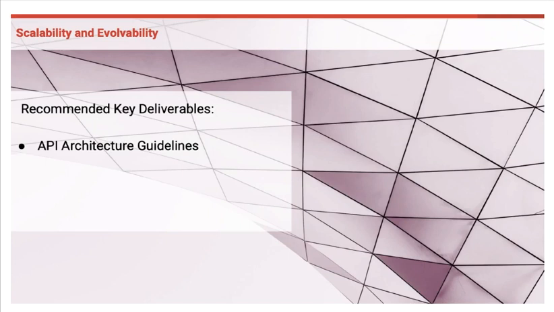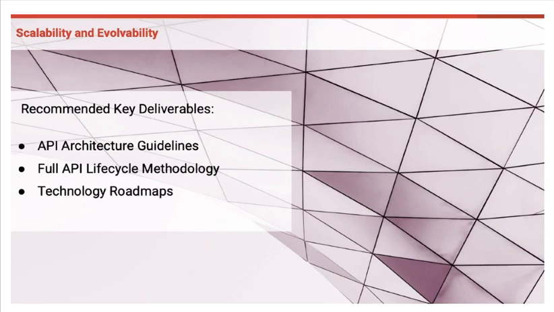For scalability and evolvability of your APIs, consider the following key deliverables. You need to find API architecture guidelines, but avoid overly rigid standards that might stifle innovation and drive developers away. Handling the full lifecycle of your APIs, such as the creation, testing, security, deployment, and management parts of it, is essential. Effective API strategy goes hand in hand with continuous delivery methodologies and DevOps culture. Plan around the fact that today's systems are almost certain to be obsolete within 3 years. Provide internal staff and your partners opportunities to build skills in real-world environments.